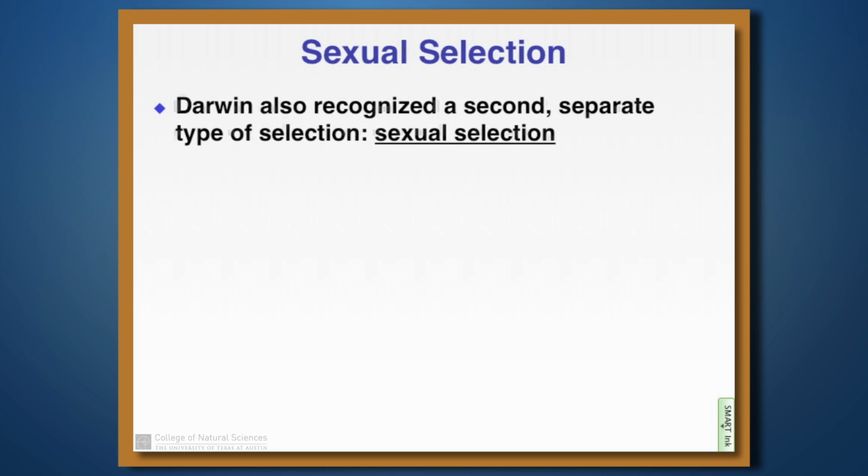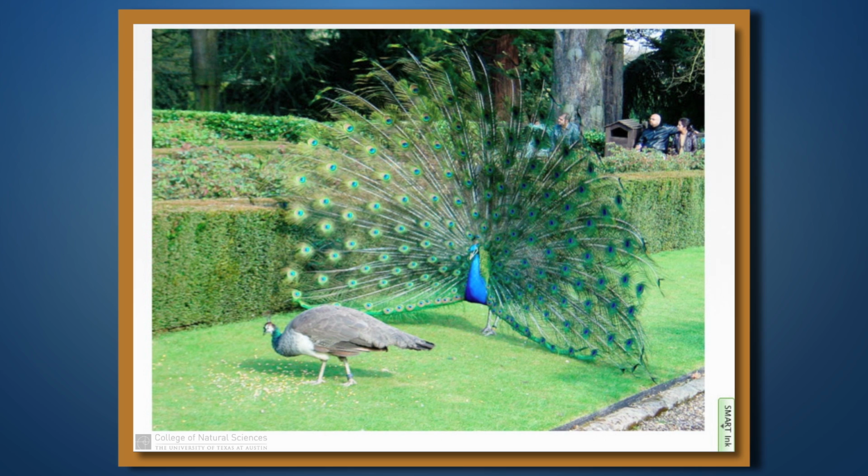Sexual selection. In this set of slides, we're going to try to understand why Darwin decided that in addition to natural selection, which would produce adaptive evolution, he needed another kind of selection, which he referred to as sexual selection. One of the main reasons that he decided there needed to be another kind of selection besides natural selection